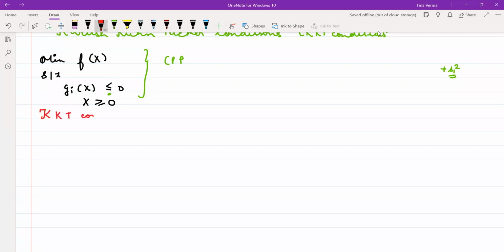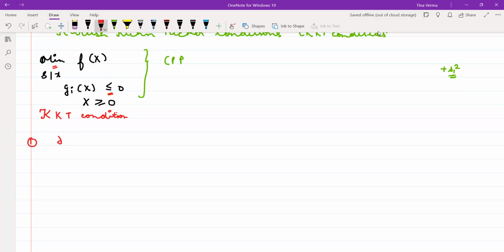So the KKT conditions are for this programming problem. That means all the constraints are of less than type. If it is greater, you can multiply it by a negative sign and then convert it into less than or equal to 0. If your function is maximization, you can multiply by negative to convert it to minimization. I am telling you the KKT condition for the minimization case, and g_i(x) should be less than or equal to 0. So what are the KKT conditions that you take?